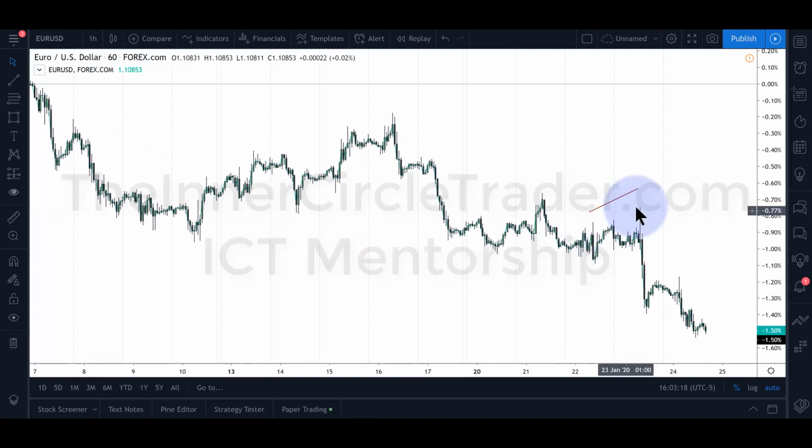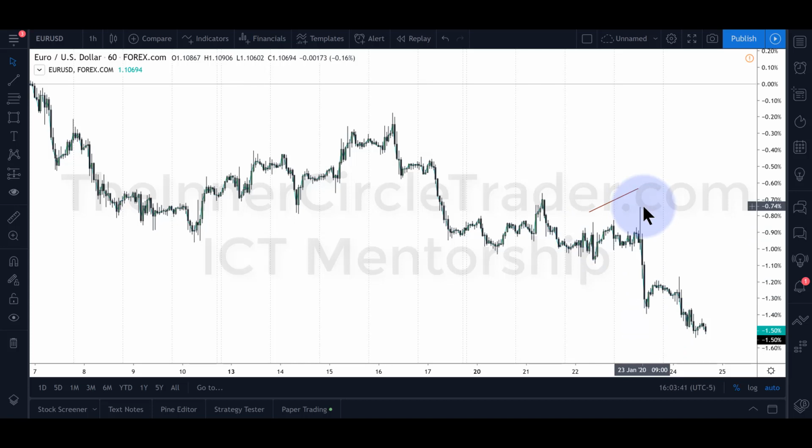So in here, we've already outlined the fair value gap. I gave you that before it happened in the Wednesday review. Okay, so here's Wednesday. I did the review, and then the market went right up to where I said it was going to go, and then sold off and went to where I said it was going to go. The SMT divergence is a qualifier and a confirmation tool. It is not a trade selection tool.